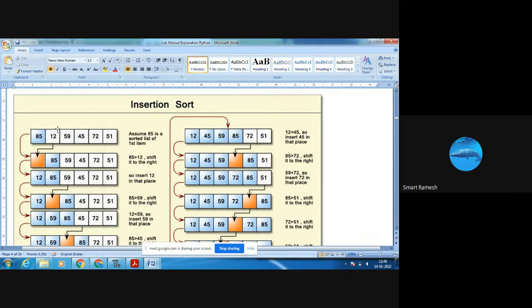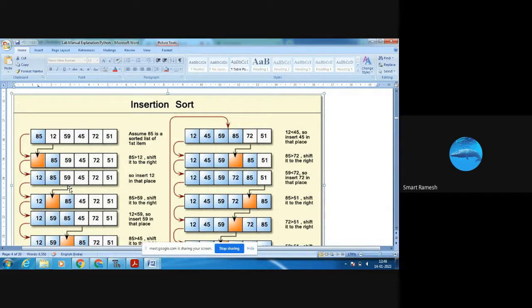See here, we are going to check the first two numbers. Already I have a list of cards. I have only one card, 85 is my card. Next, I am going to take another card, 12. 12 is smaller, so I am going to place the 12 next to 85, in the first position. Next, I am going to take the 59, the third card.